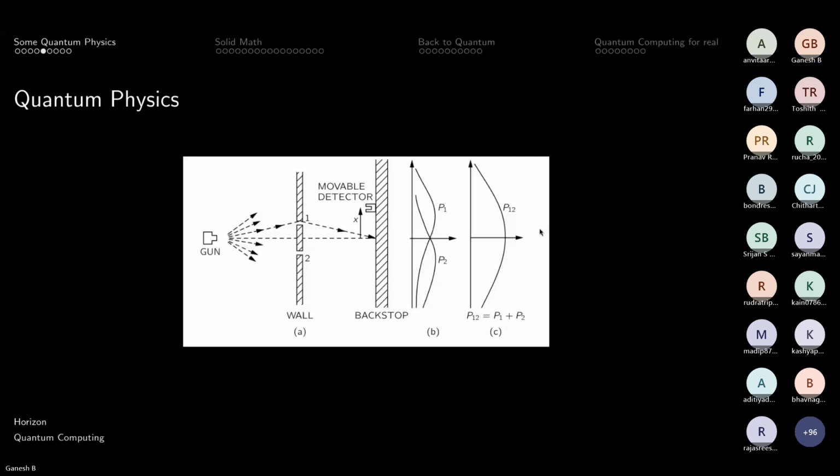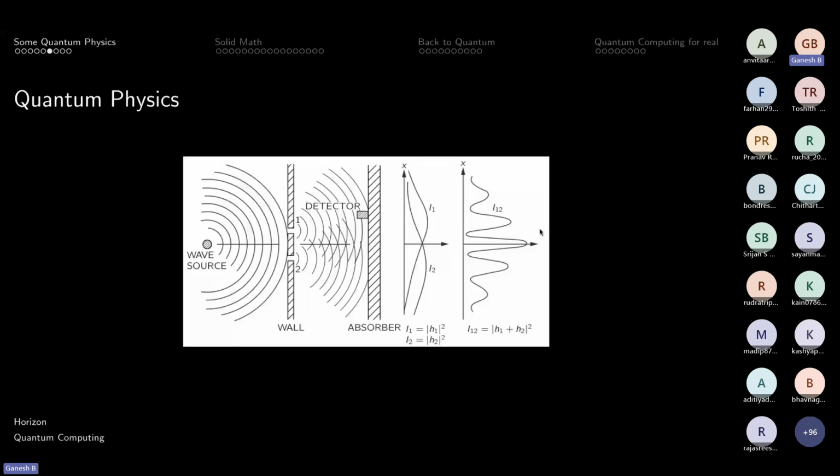Similarly, we can do this for waves as well. In waves, instead of trying to measure whether a particle has hit a particular point on the screen, you measure something called the intensity, which is just the amplitude squared. I'm pretty sure most of you are familiar with it. If not, just let me know and I will try to say that again. Feel free to interrupt anytime, even if I don't see the chat, and open your mic and talk as well.